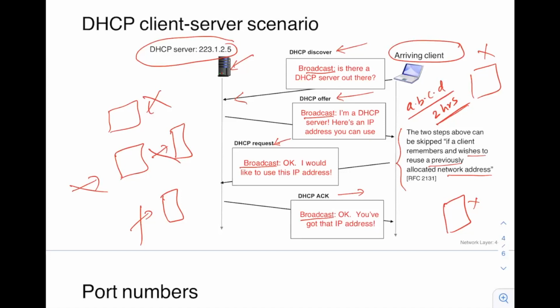In case it wants to use the same IP address, the first two steps, DHCP discover and DHCP offer, will not take place. Only the third and fourth steps will take place. So again, it will make a request: okay, I want to use A.B.C.D. And the server will see that the client wants to renew that IP address, and it will acknowledge if there is no issue.